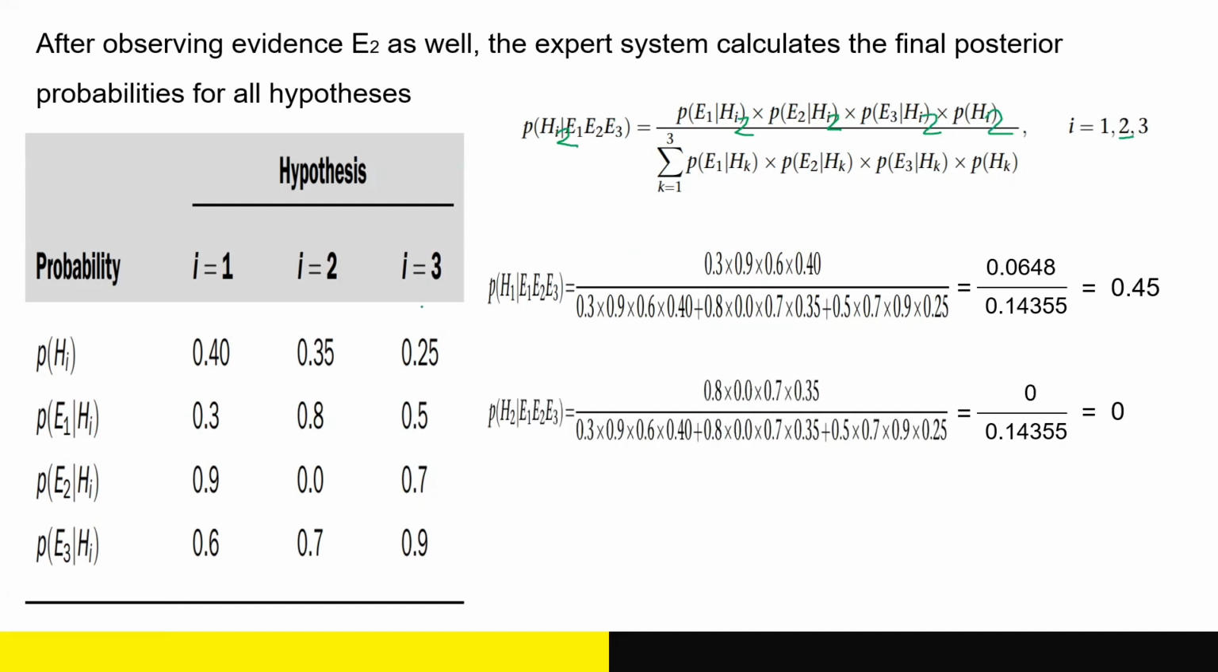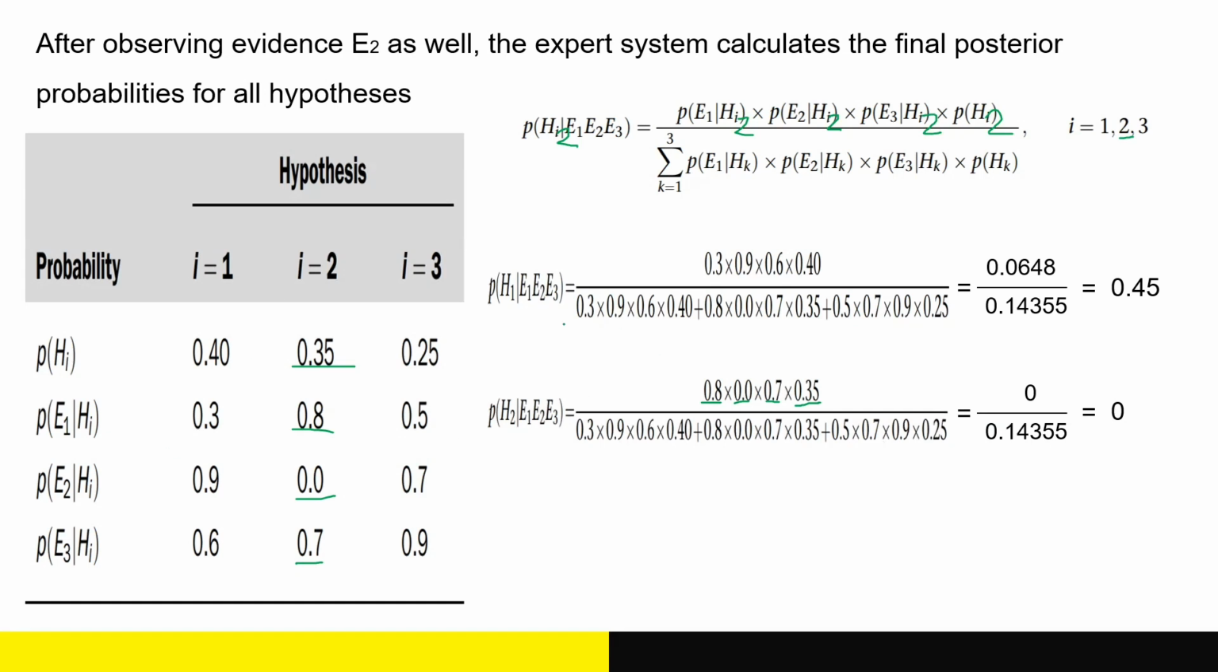Our I is 2. So probability of hypothesis 2 given evidence 1, 2, and 3 is equal to probability of evidence 1 given hypothesis 2, so we have 0.8. And then probability of evidence 2 given hypothesis 2, so we have 0.0. And then probability of evidence 3 given hypothesis 2, so we have 0.7. And then multiplied by the probability of hypothesis 2, so 0.35. So if we multiply them, the product would be 0. 0 divided by